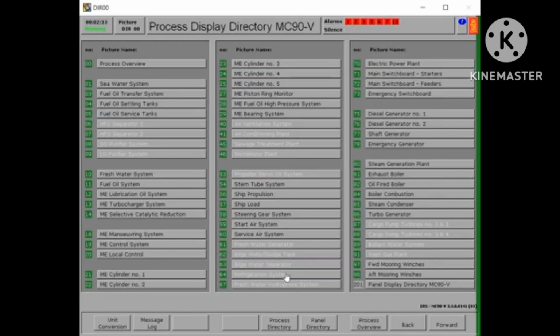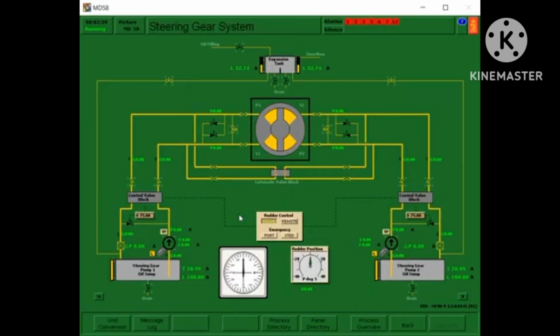Let's go to the process directory, 56, 58, 58 in this part. So we need to open this pump, and we need to set it to remote.